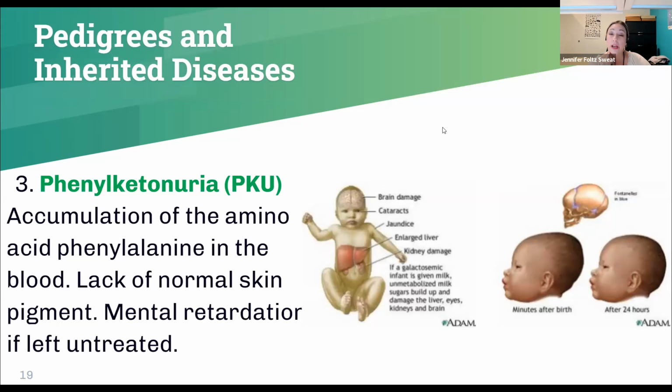Here we have phenylketonuria, PKU. All newborns in hospitals are checked for PKU. What this disorder is, again, it's recessive, is that in the body, the amino acid phenylalanine builds up in the bloodstream, and this can cause damage very, very quickly after phenylalanine starts building up. Within 24 hours, you get a lack of normal skin pigment, cognitive delays, so damage to the brain. Cataracts can form. And so PKU is a very